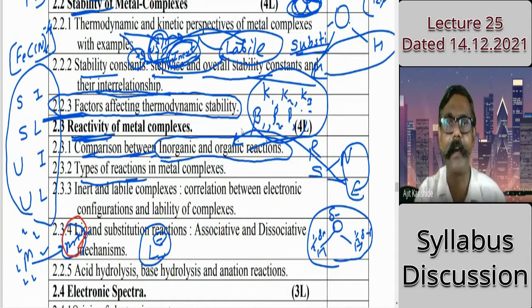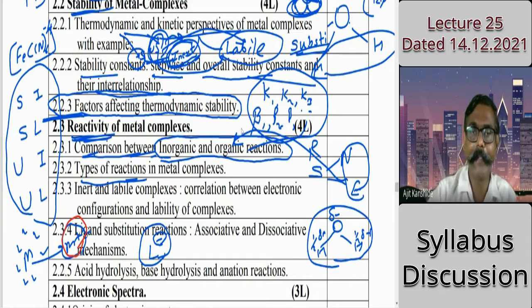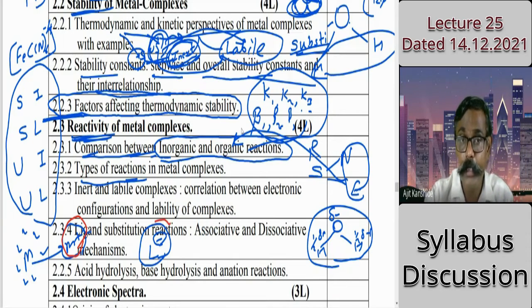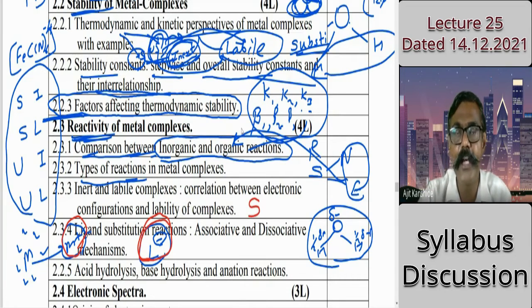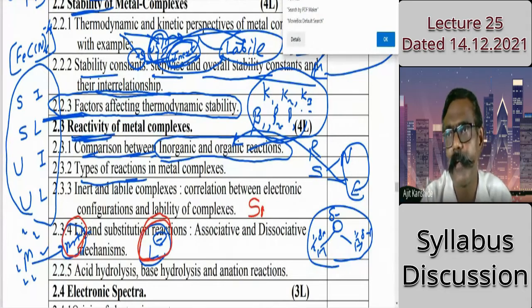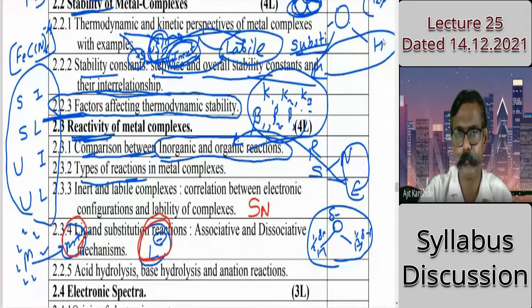From the organic chemistry point of view, different radicals are there. Here, metal and ligand are the only things we have to talk about, and we are talking about the substitution reaction related to ligand. Substitution, therefore S. Now answer my question: ligands are nucleophile or electrophile? Nucleophile. Yes, nucleophile. So you might have heard in 12th standard also, SN1, SN2, such mechanisms.